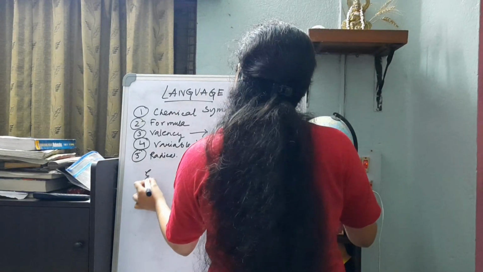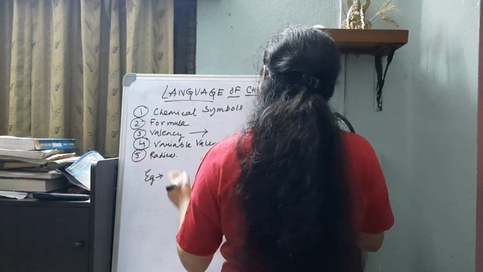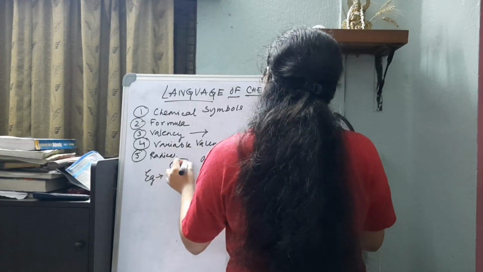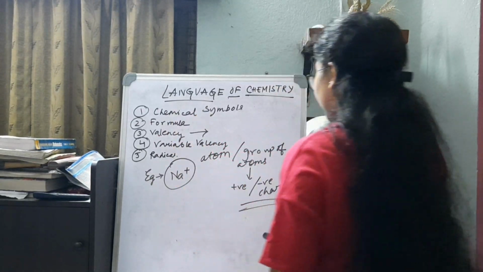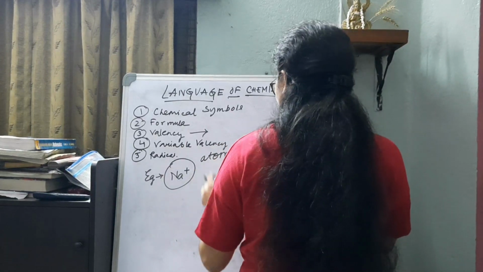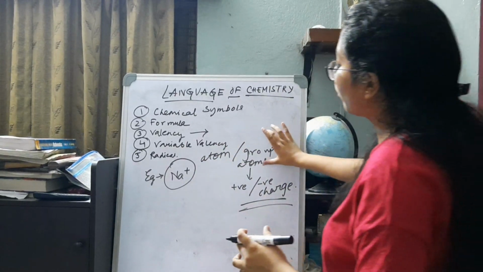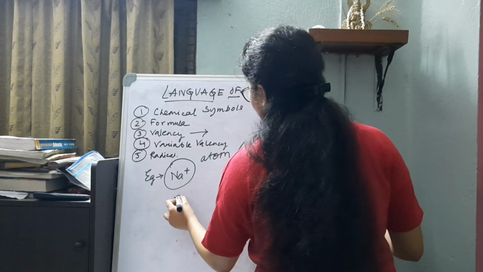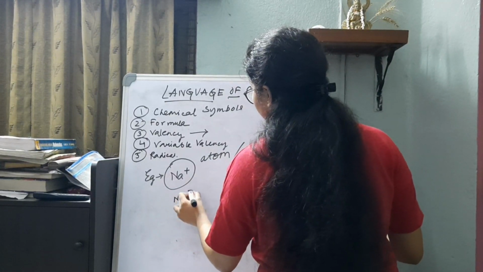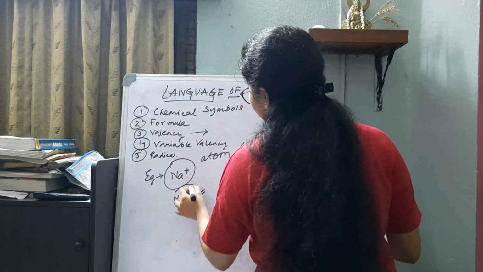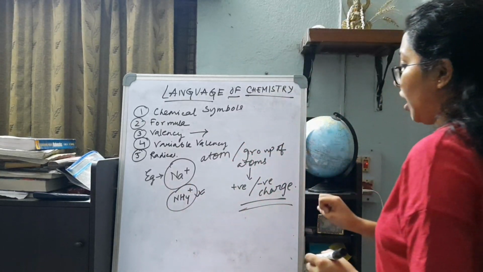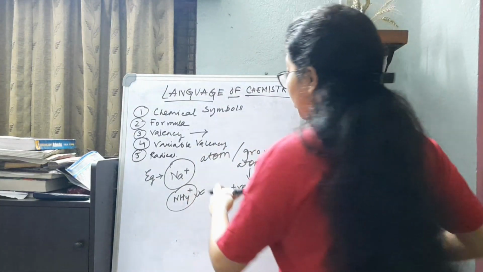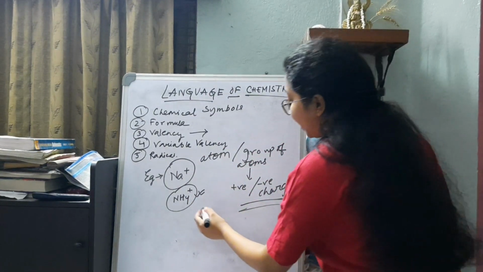Without an example it is incomplete. The first, simpler example is Na+. The moment we show it with a plus sign, it is a radical, an atom with a plus sign. Now an example of a group of atoms associated with a positive charge is the ammonium ion, NH4+. So it is a radical having a positive charge. These are the cations. The positively charged radicals are termed cations.